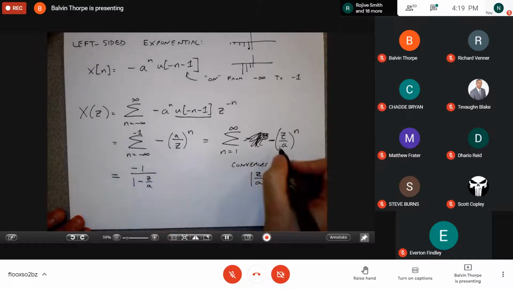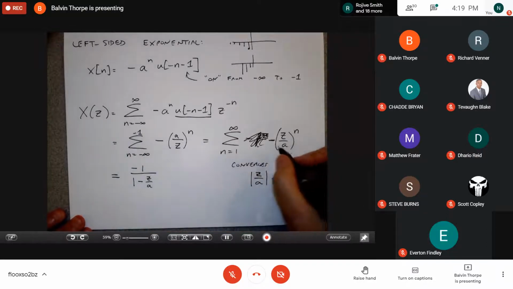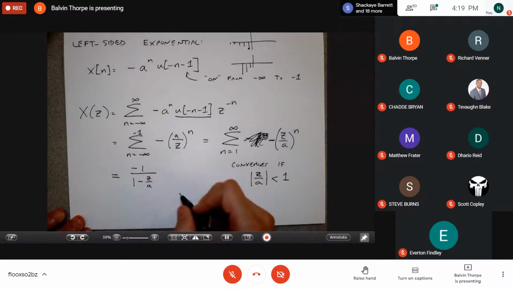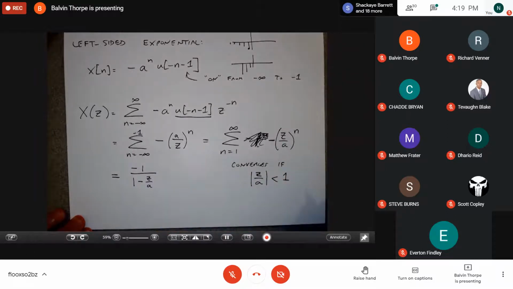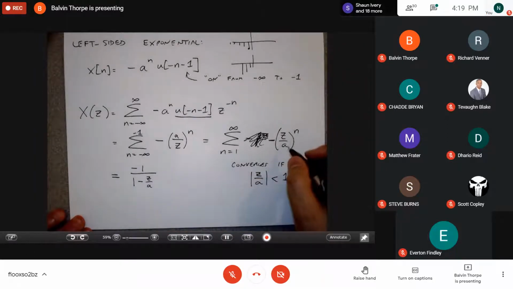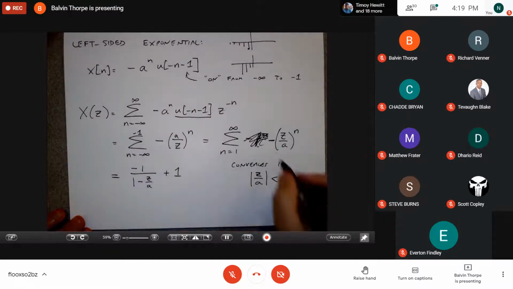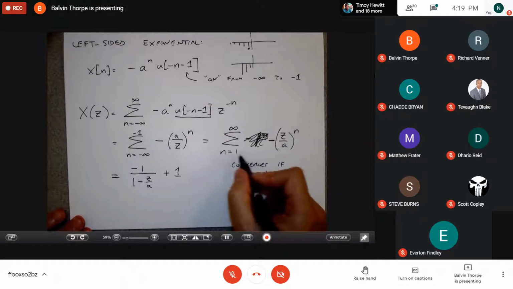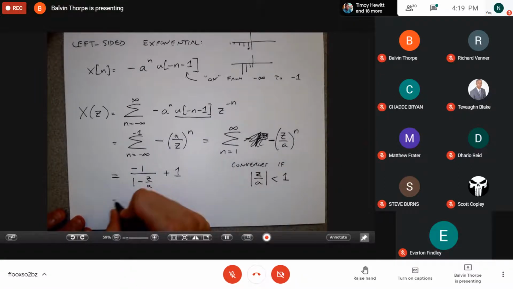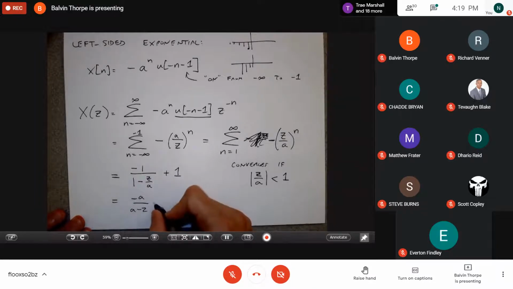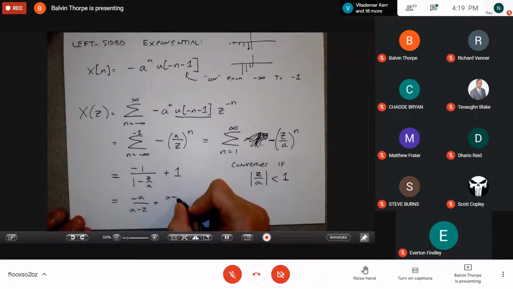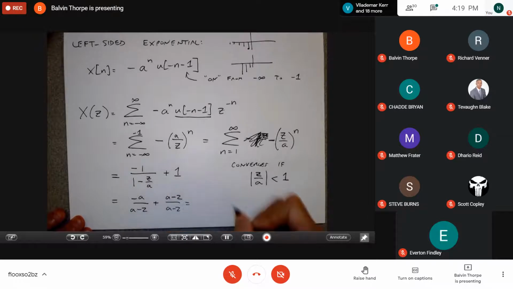And I have to subtract off, actually, that includes a minus 1 that I don't, make sure I do this right. Yeah, this includes a minus 1 that I have to add back in, because normally the sum formula goes from n equals 0 to infinity. And so if I write this out, what I have is minus a over a minus z plus a minus z over a minus z. And what I get is minus z over a minus z, which is the same thing as z over z minus a.